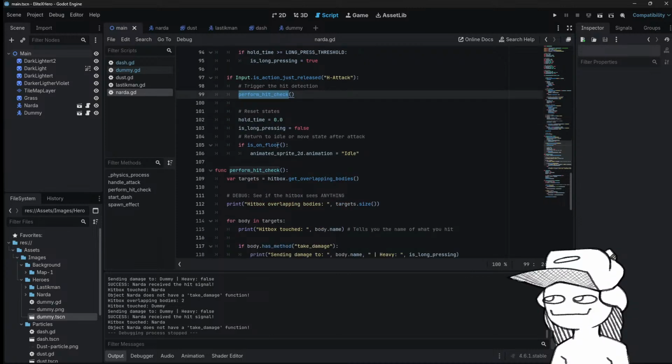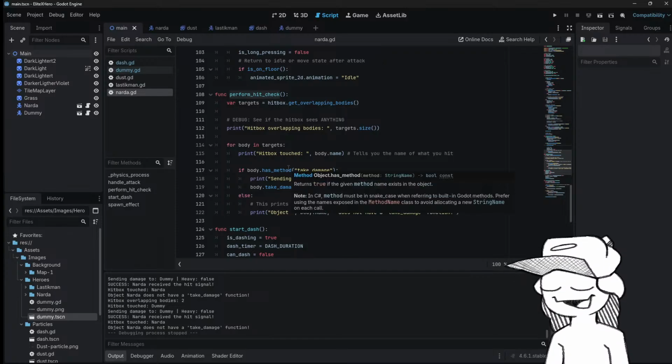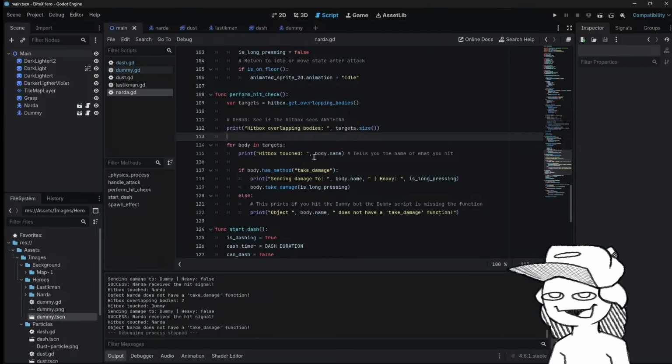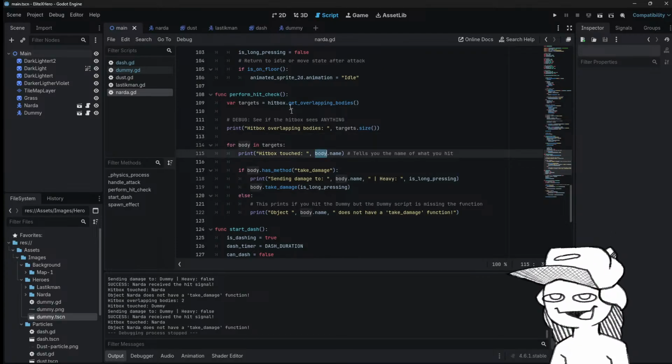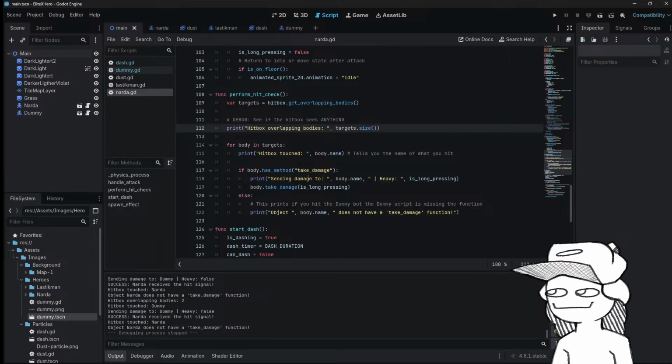Purple head check, which is going to be in this. So what we're gonna do here is, since we have the body name, the target, it's going to check an overlapping body. Then